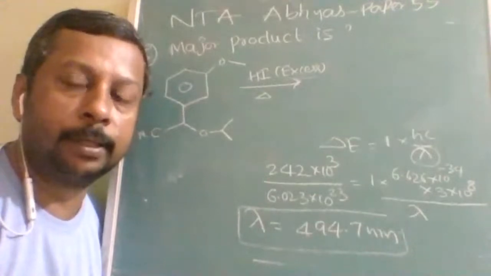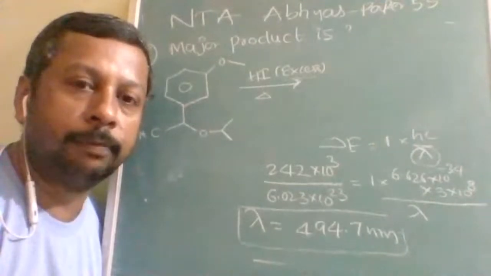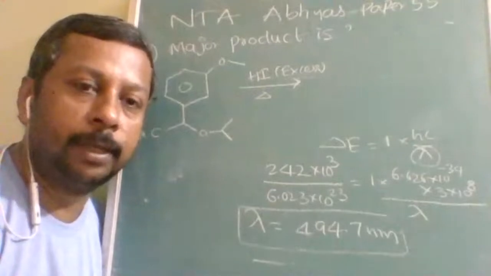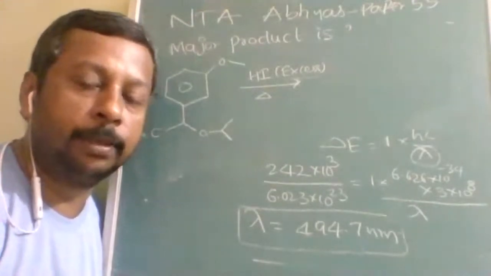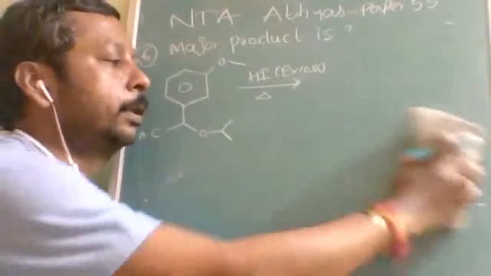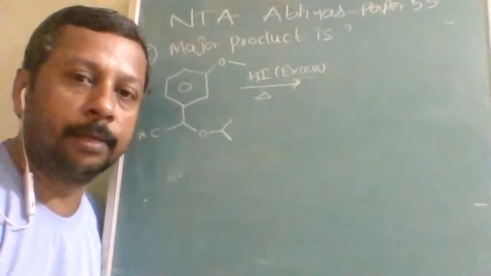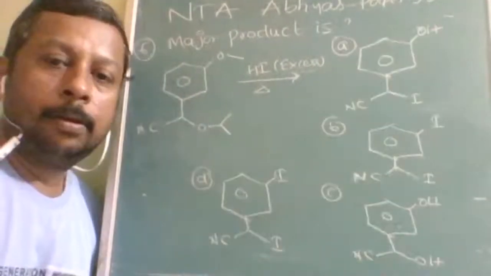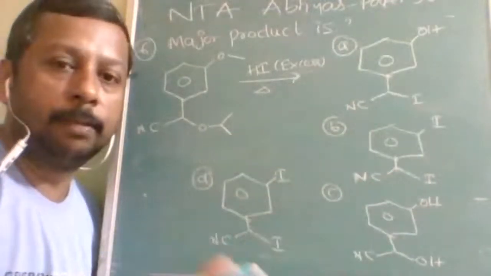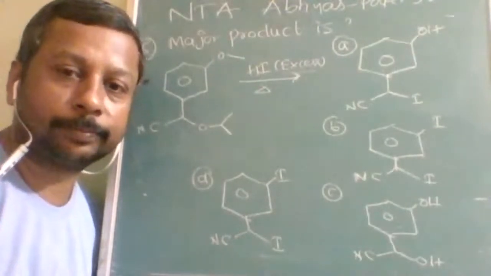A lot of different products are obtained when it is 1 mole, when it is 2 moles, when it is in excess. Where two different products are possible, which is to be the major product? This is the most important topic of ether. If anybody gets a choice to select a question from ether, this is the major portion you have to cover. Okay, we want to find the major product. I have given you 4 options also. Out of these, you can identify the major product and check with your answer.